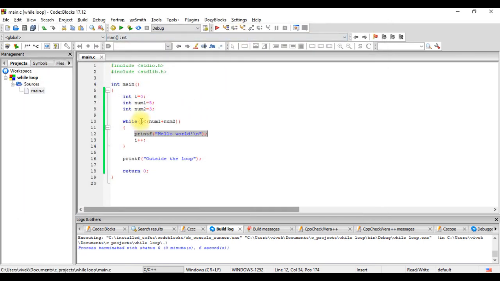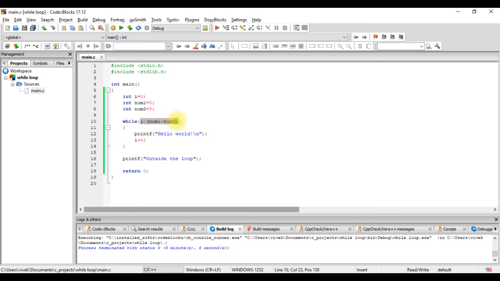So this was to show you that any statement can be present here. We can write num1 plus num2 like we have written here, or it can be a function call. Let's say we can write here while the temperature of the room is less than 30, suppose. So this body, this particular section of code will keep on executing till the temperature is less than 30, and it will exit only once the temperature exceeds 30.